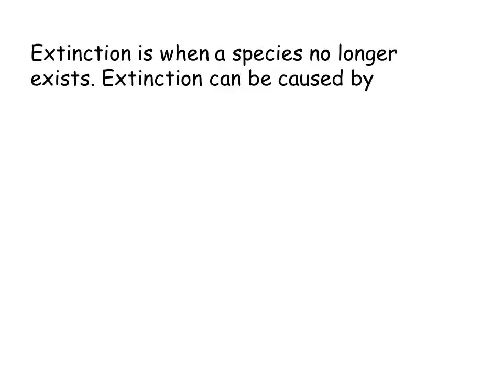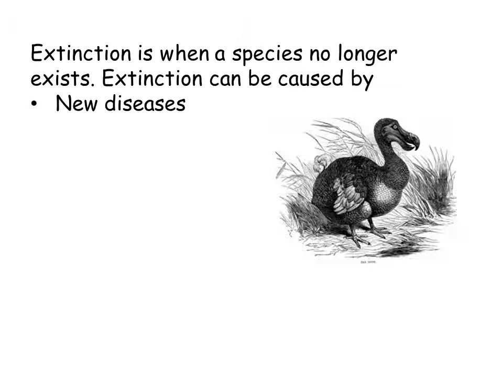So extinction is when a species dies out and you can't find any more of it. There's a few natural causes for extinction. A new disease can very quickly wipe out a population, just like when we discovered dodos, we brought a whole load of diseases with us that they weren't used to, carried by our rats and dogs,